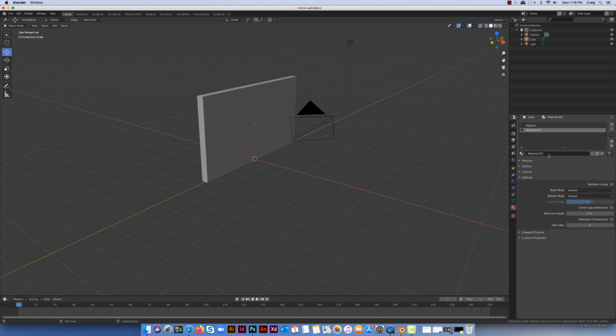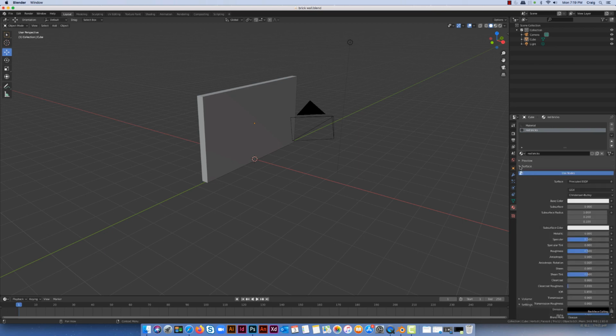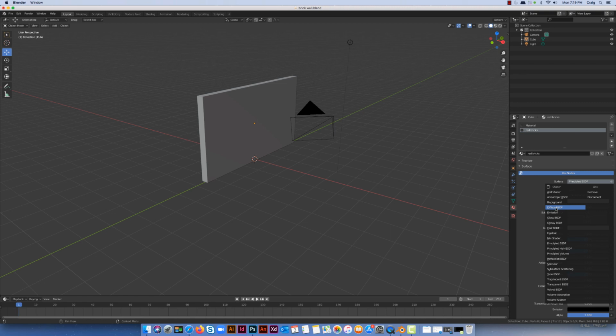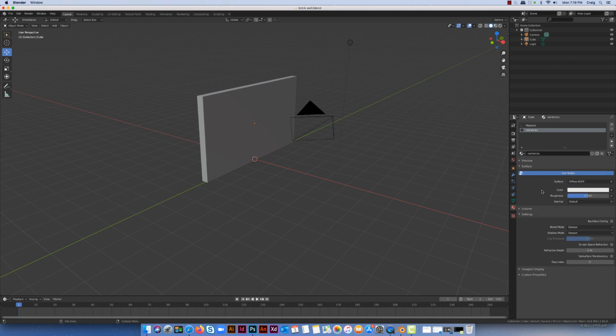So I'm going to click on new material, and I'm just going to call this red bricks because they're red bricks, and essentially that's all the same. I'm going to go to surface. I'm going to change my surface here to diffuse just because it will show the image better, exactly like we did in the last exercise. So you can see I've got two materials here, one the default material and another one the red bricks, and